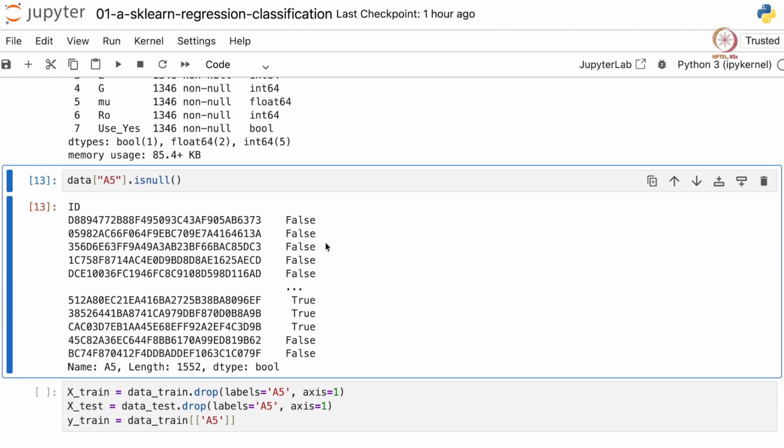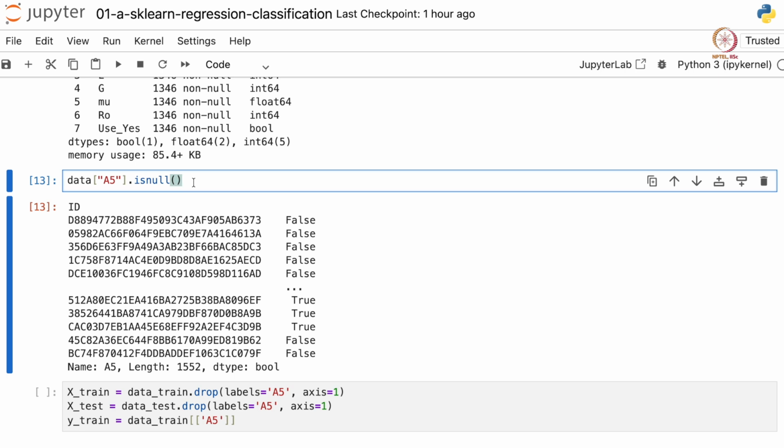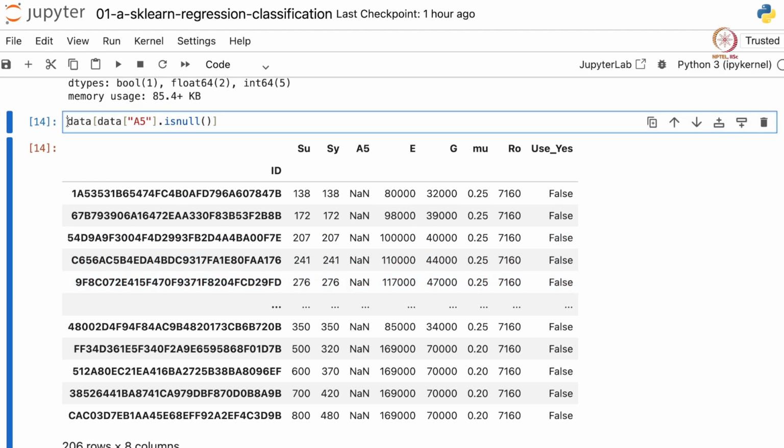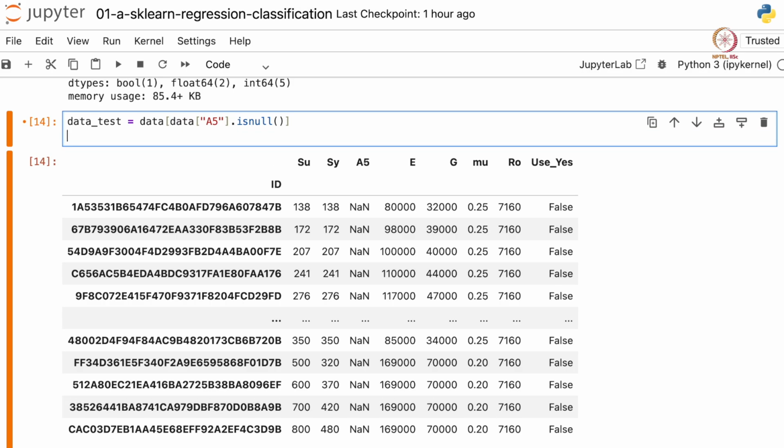So this basically gives a mask of true or false, and wherever it is true, meaning the A5 data points are not present, we want to get that for the test values. So let us pass this entire mask to data, and what we get in return is all the rows that have missing values of A5, and let us assign this data frame to data_test. And let's quickly see the info of data_test.